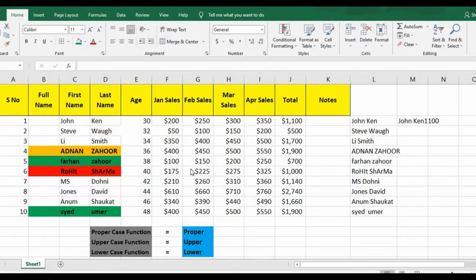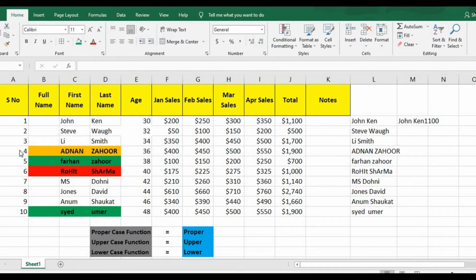For example, we have taken a sales ledger, in which we will learn how we can add first name and last name into a full name column using the proper function, upper function and lower function. What will these three functions do?